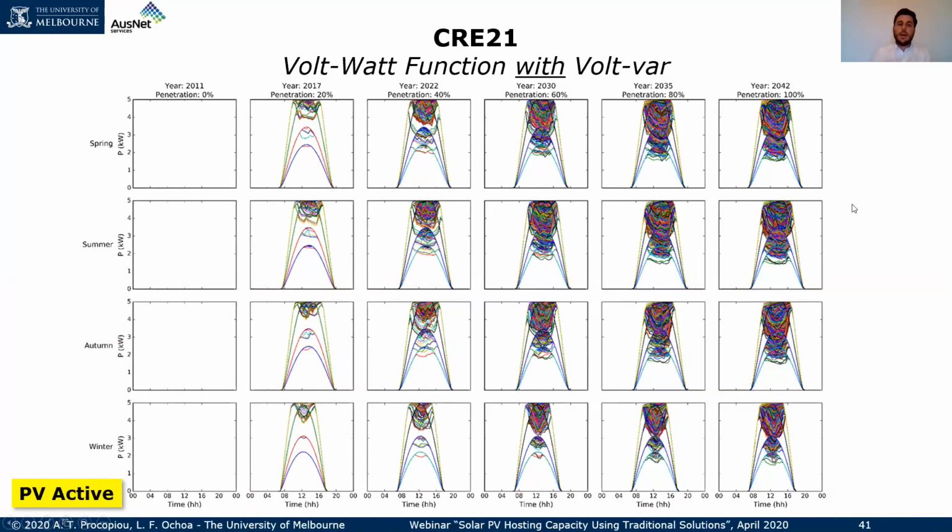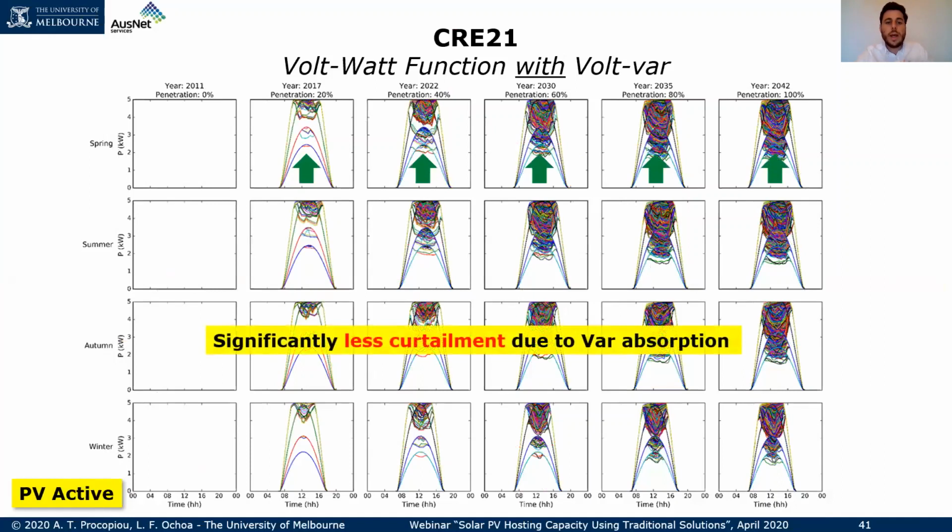Now, in terms of the effect on the customers, again, this slide here shows the active PV power generation of each individual customer. And if you remember from the previous slides, this particular slide shows that with this adoption of settings and functions, we are able to reduce that impact to the customers. So essentially, we are having significantly less curtailment because we are helping to reduce the voltage with the absorption of reactive power, and therefore the volt-var is not triggering curtailment that